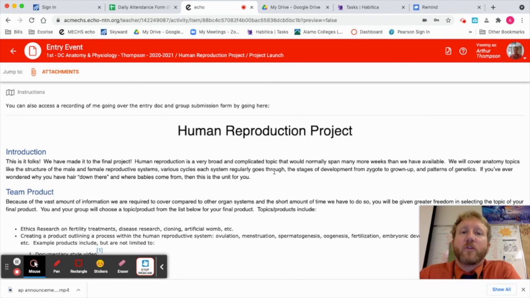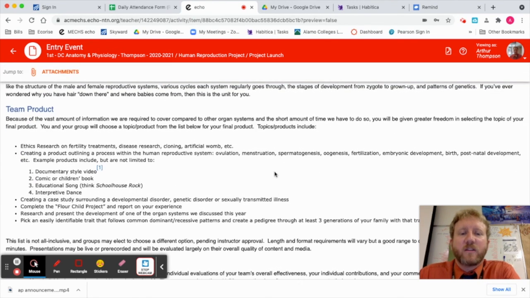You should have signed up for your groups. Those are posted in the agenda and in Project Teams and Echo. So make sure you get that locked down pretty quick. If you have any questions, please let me know. If you want to have particular conversations about the stuff, we need to have those sooner rather than later, so you make sure that you've got enough time to get some stuff done.